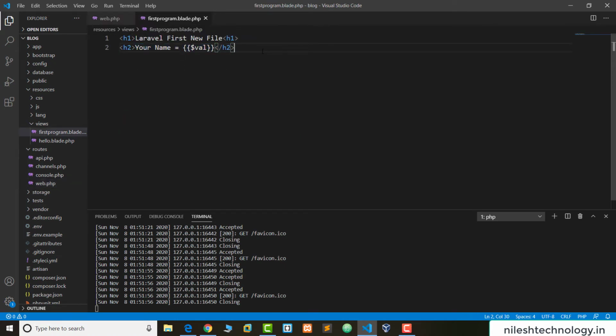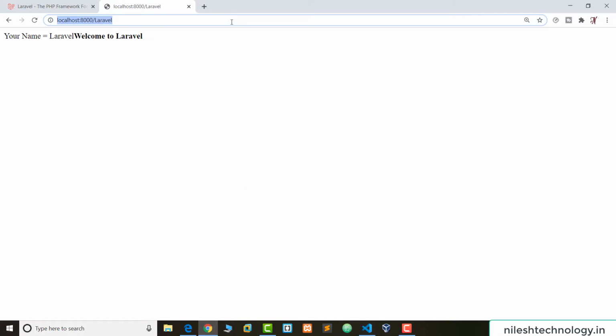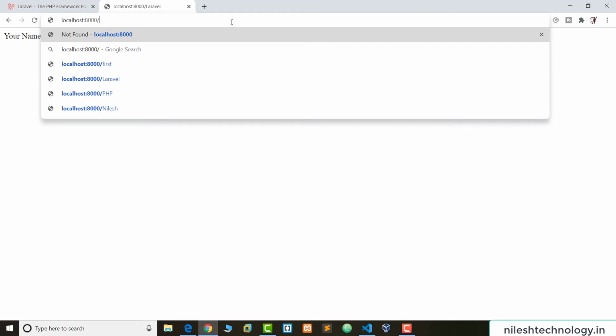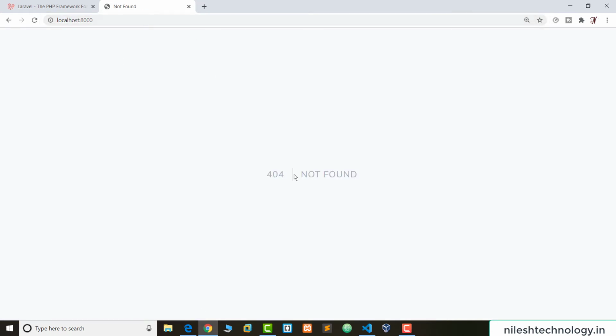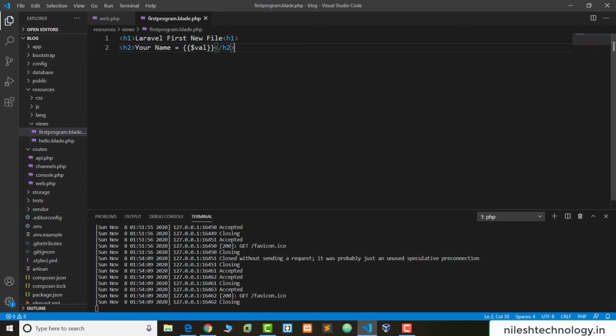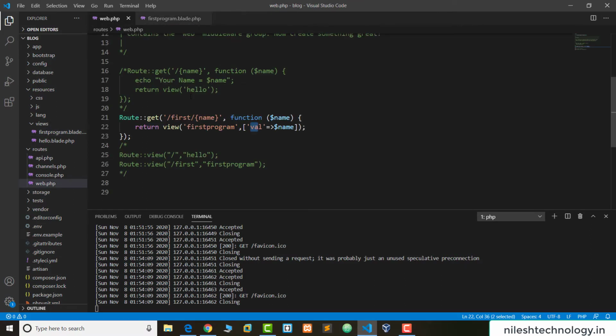Now we are going to the browser again and refresh this page. Now this is the default slash. So this is not found because there is no default parameter here. This one again we just pass this tag as a comment. Okay, so when we run this one, pass first, then your URL parameter, then see what happened.